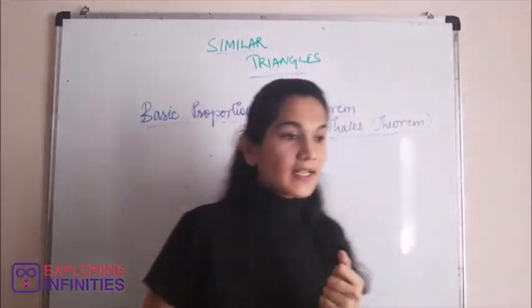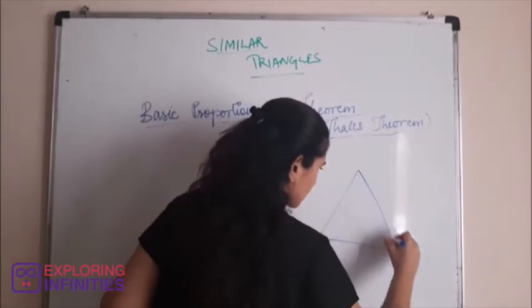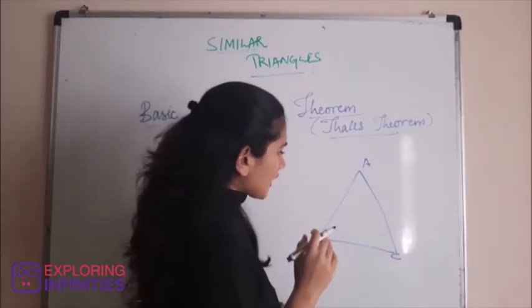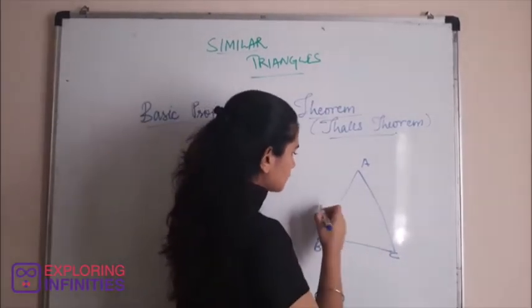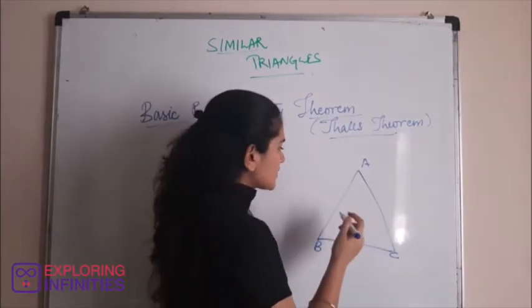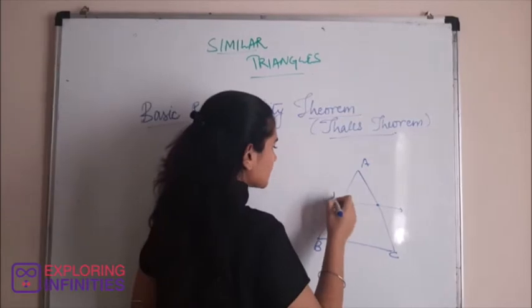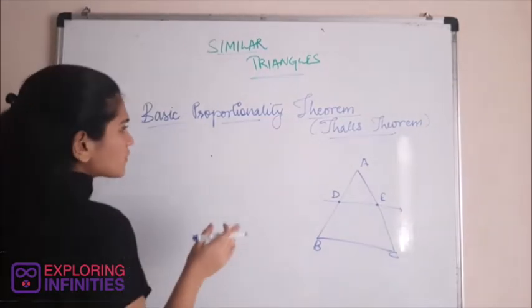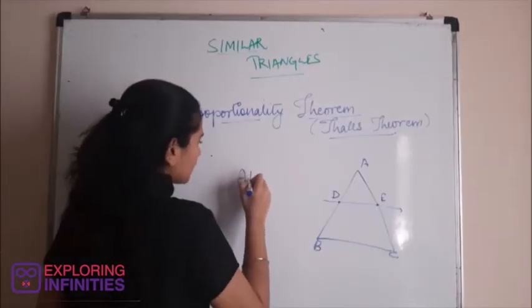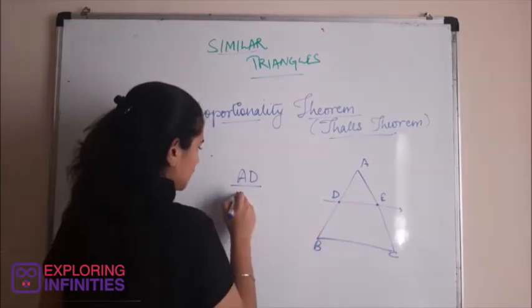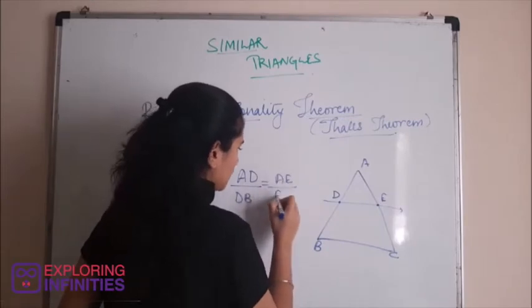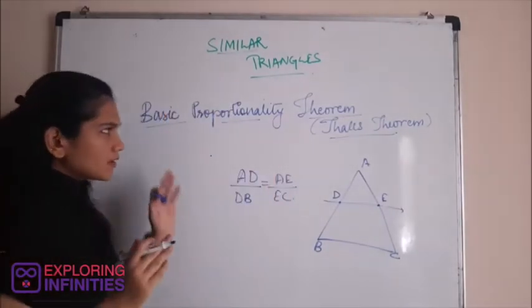Let us break this statement and let us actually draw a triangle. So let us take a triangle ABC. Excuse my drawing please. Wherein we will draw a line parallel to BC which intersects AB and AC at two distinct points. We can name these points D and E. Now what the basic proportionality theorem proves is that AD divided by DB would be equal to AE divided by EC. Basically, this is what the theorem is trying to prove.